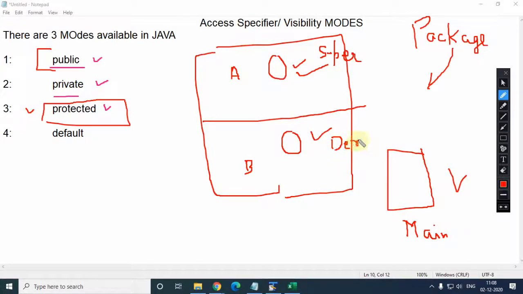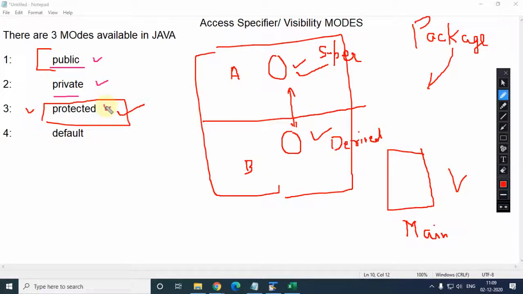Basically, in case of inheritance, we inherit the properties from the super class to the derived class. How is it possible? Just because of the concept of inheritance. Is that clear? In inheritance you can use any access specifier, whether public or private.